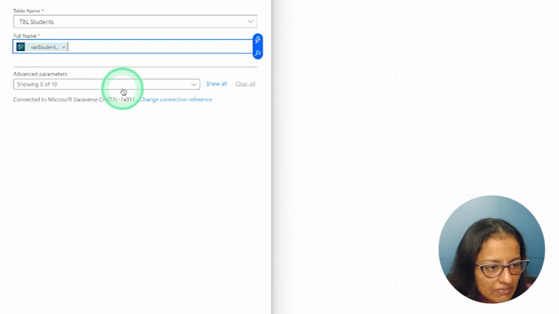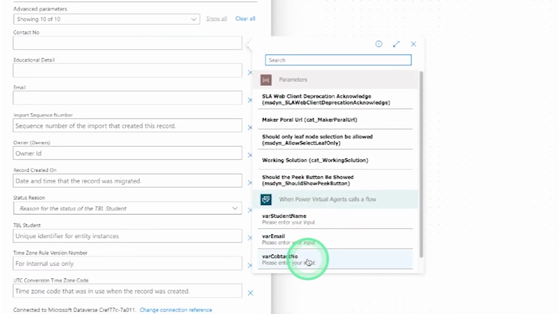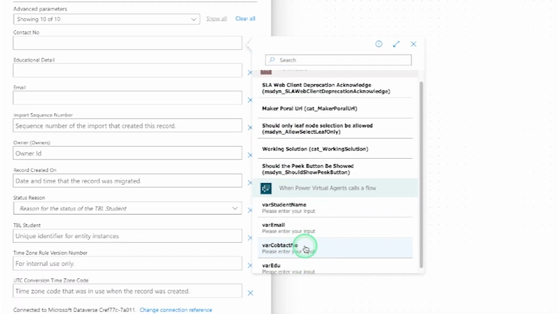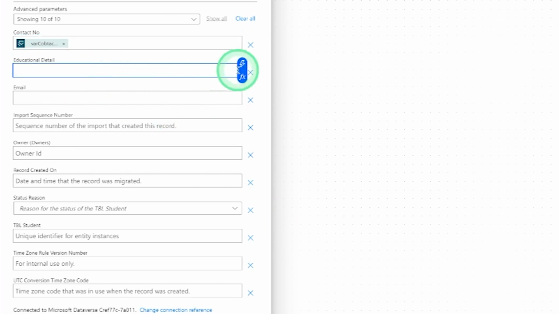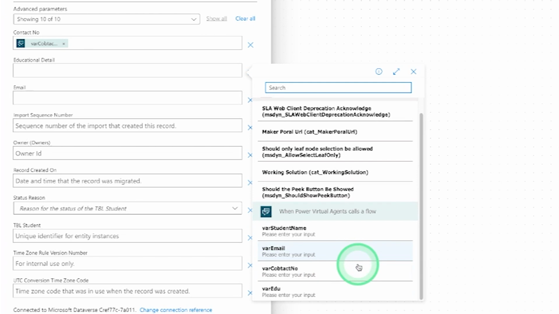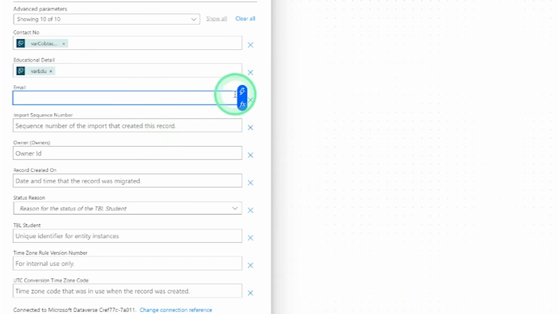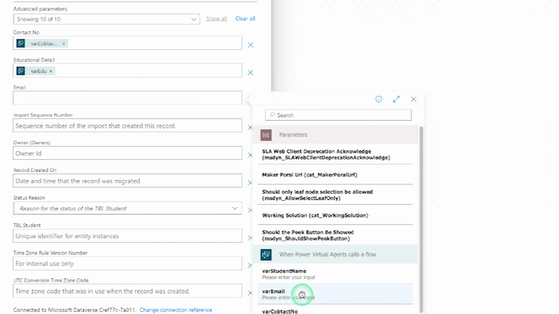So student name, and here I need to click on show, and in contact number I am selecting the student variable contact number. Then in educational detail I am selecting the student educational detail, and in the email section I am selecting the student email.